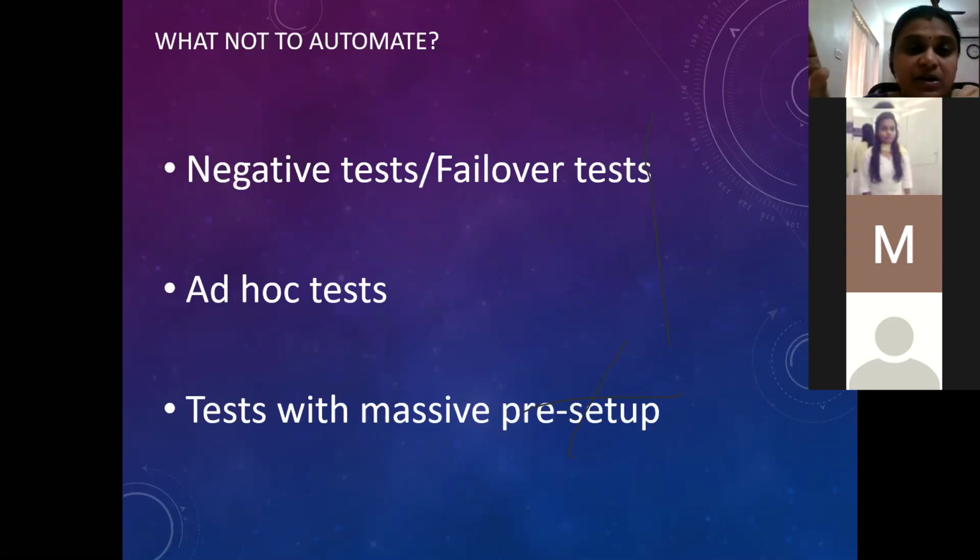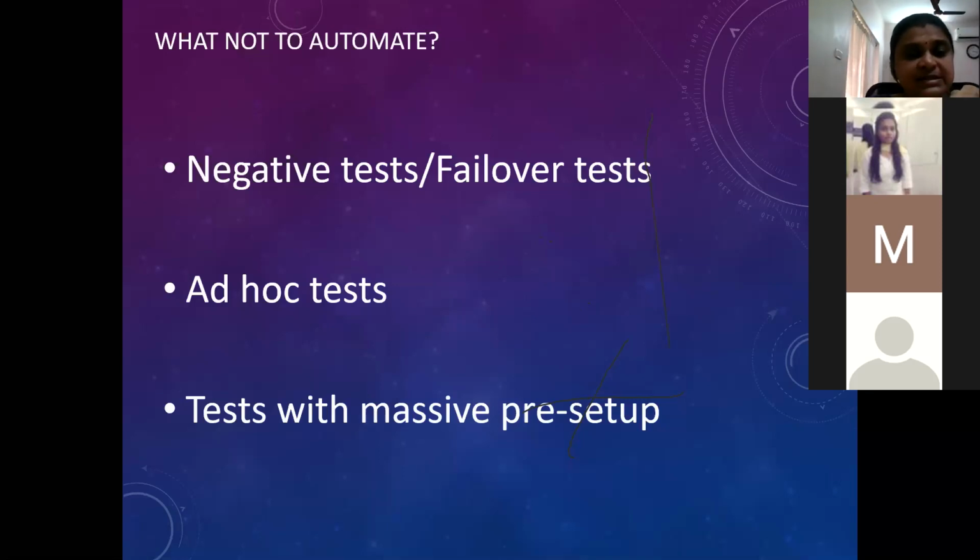So let us say even in your Amazon website, only during the festival season, there is a discount option that comes up. So you want to see the price of the item after discount, before discount, and any other offers that are available. These are some features which are floated out seasonally in that application. So we don't have to automate all that. It may not be run that many times. So if you do not have a regular requirement for all that, please do not think of automating such things. So that would be one.